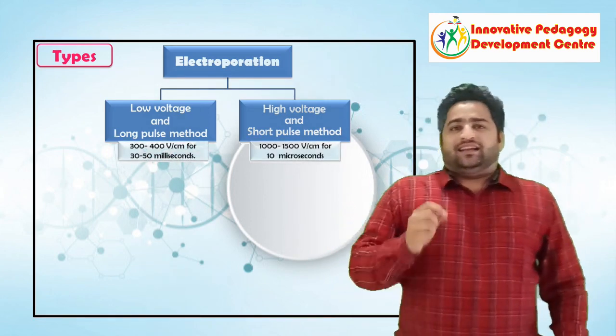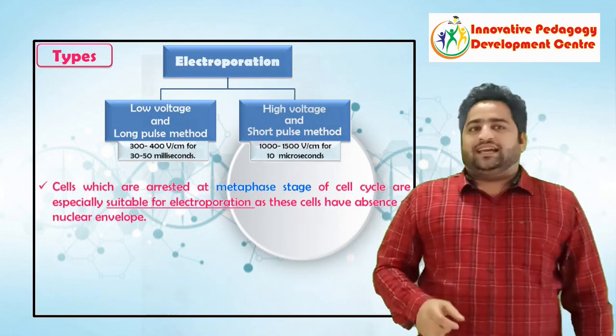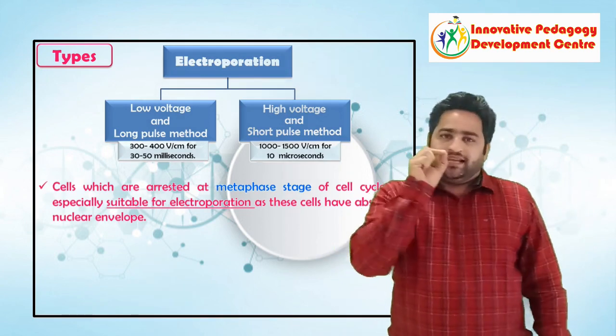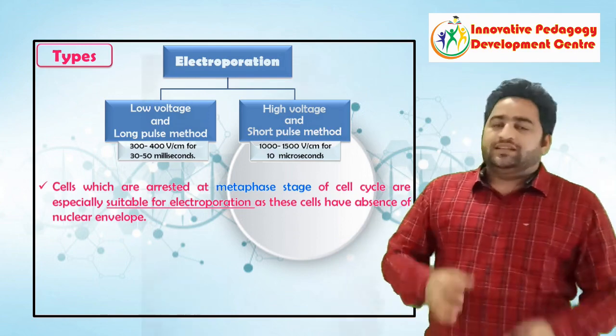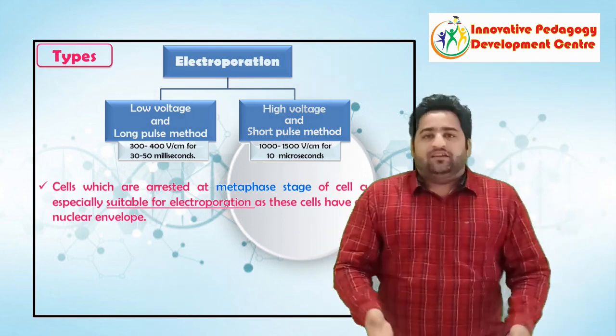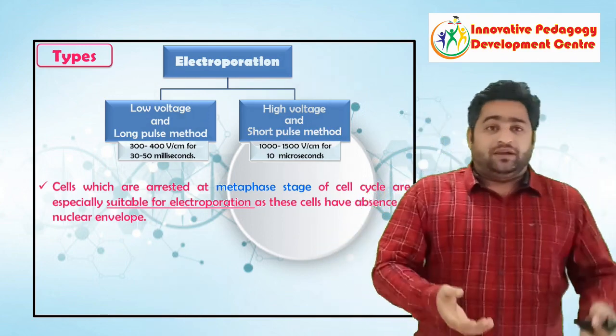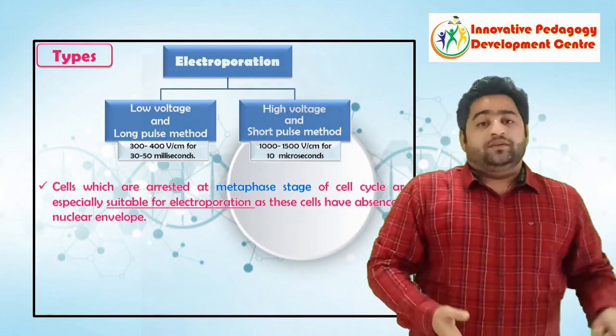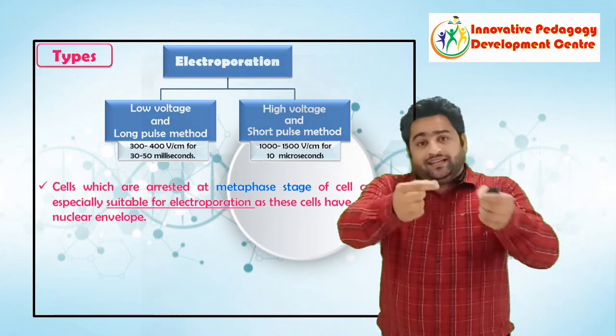Cells which are arrested at the metaphase stage of the cell cycle are especially suitable for electroporation. Now why do we need to take cells which are in metaphase? Because in metaphase there is no nuclear envelope, that is, there is no nuclear membrane. So when there is no nuclear membrane, there is a higher probability of the DNA getting incorporated